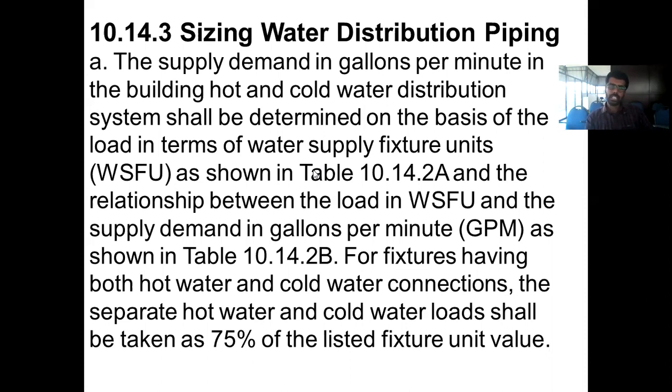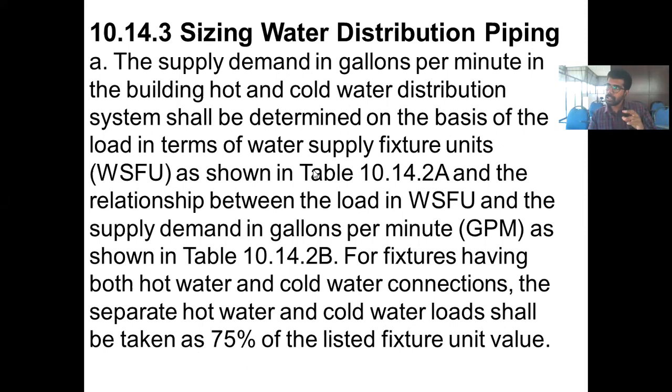Okay. Then it says that for fixtures having both hot and cold water connections, the separate hot water and cold water loads shall be taken as 75% of the listed fixture unit value. So we are trying to calculate pipe size for both hot and cold water. For example, if the fixture unit for a wash basin, if you are trying to give a cold water supply,